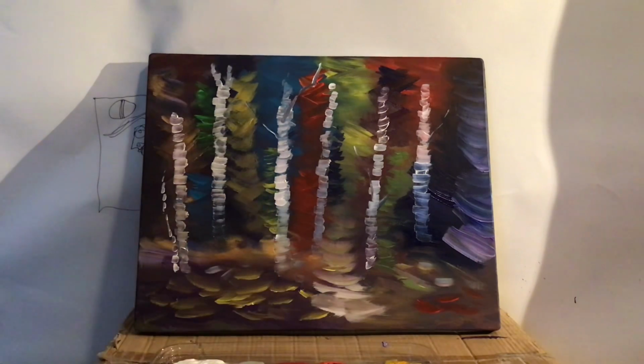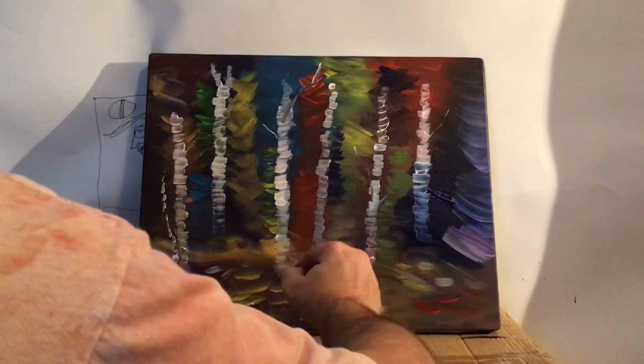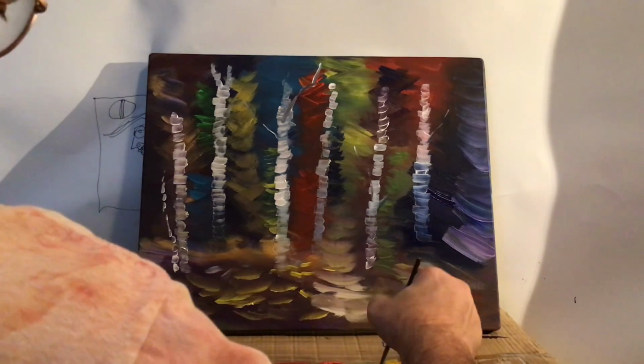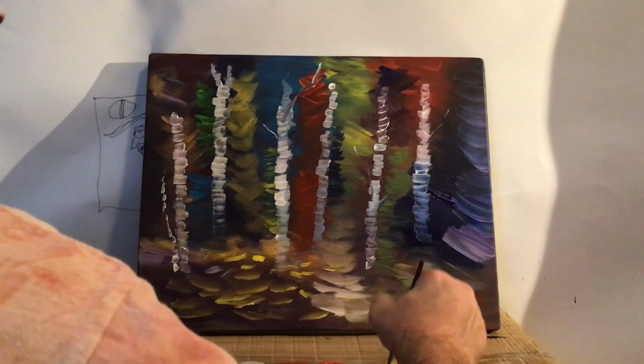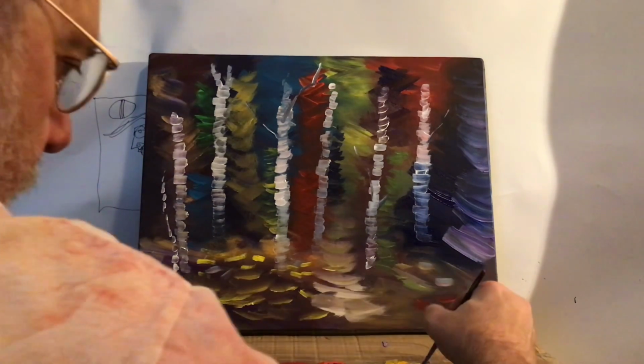Well, I wasn't expecting to do birch trees, but I just did birch trees. So there you are. Sometimes when I see something, I just kind of go with it, let it happen. Don't worry about it if it's not exactly what you were thinking. And then some leaves around it. And then I think